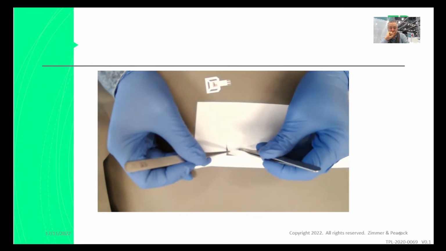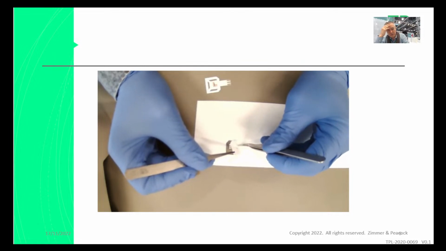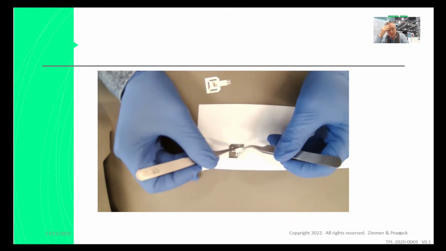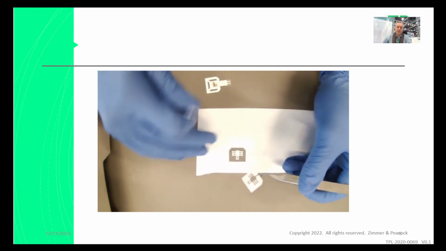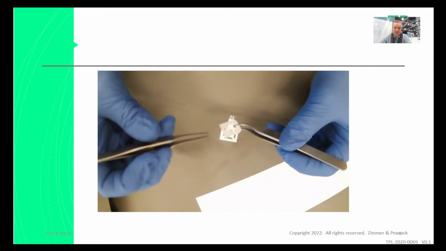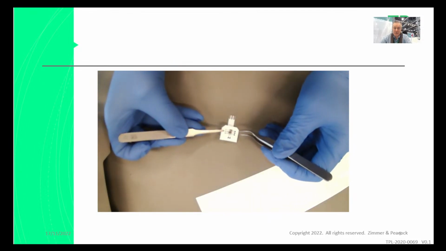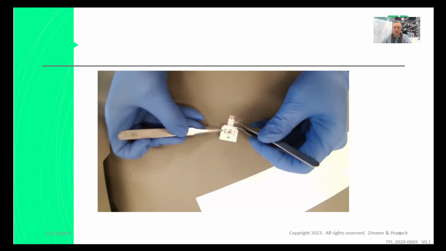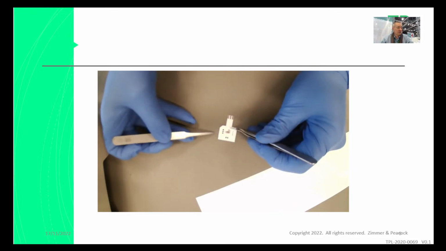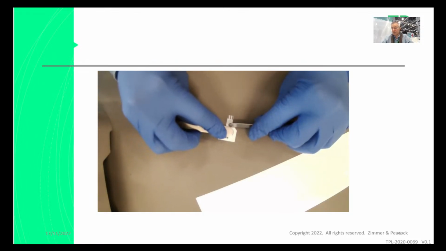If you're interested in how to handle our materials, how to peel them away, take a look for a video called the sweat patch from Zimmer and Peacock, and that starts to illustrate that this opaque white material, yes, it is double-sided, and you can stick it together by peeling off the top cover and the bottom cover, and you can start stacking them on top of each other to make different depths of microfluidic channels.